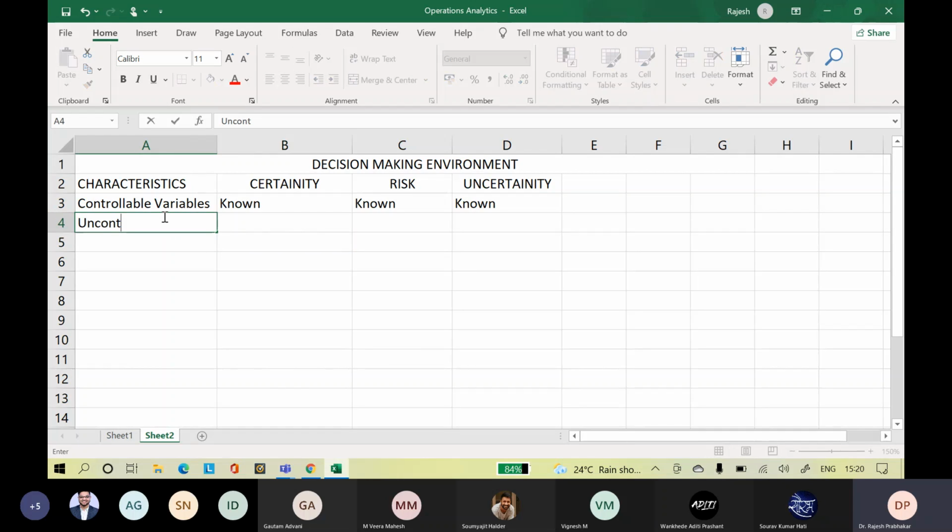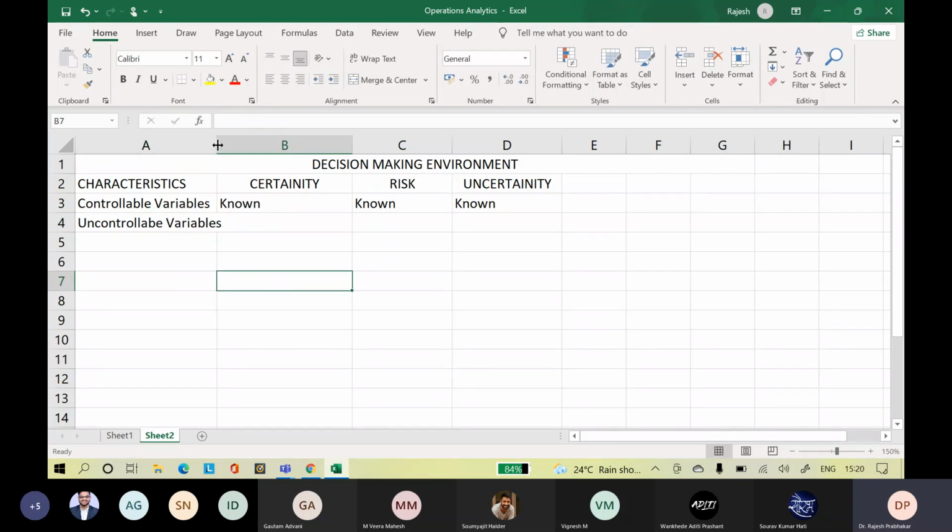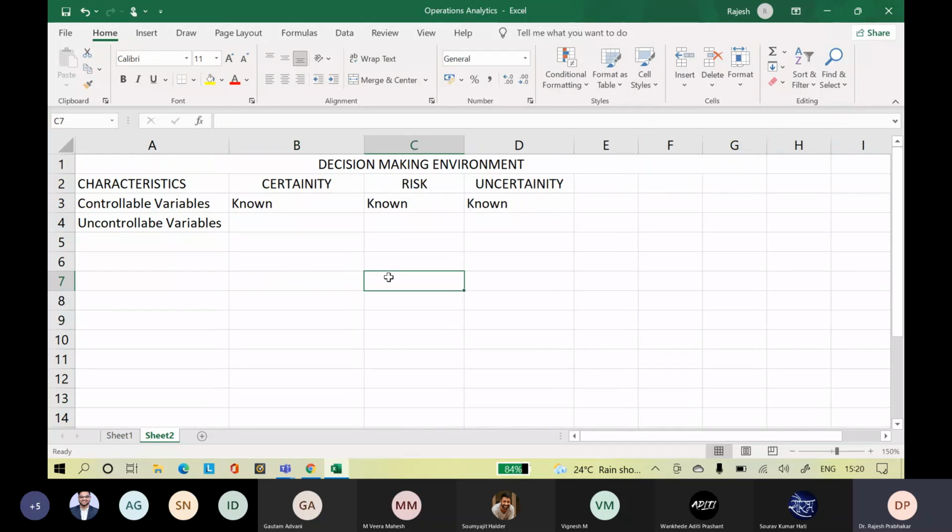Then comes your uncontrollable variables. So what are these variables? Sir, which are beyond our scope of control.